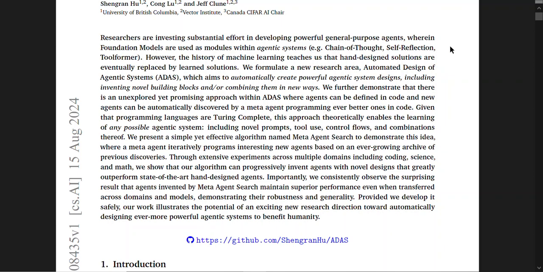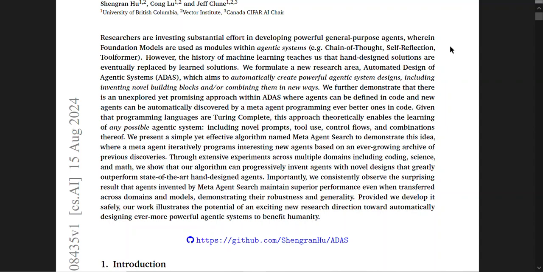Researchers are investing substantial effort in developing powerful general-purpose agents wherein foundation models are used as modules within agentic systems. However, the history of machine learning teaches us that hand-designed solutions are eventually replaced by learned solutions. We formulate a new research area, Automated Design of Agentic Systems, ADAS, which aims to automatically create powerful agentic system designs, including inventing novel building blocks and/or combining them in new ways.